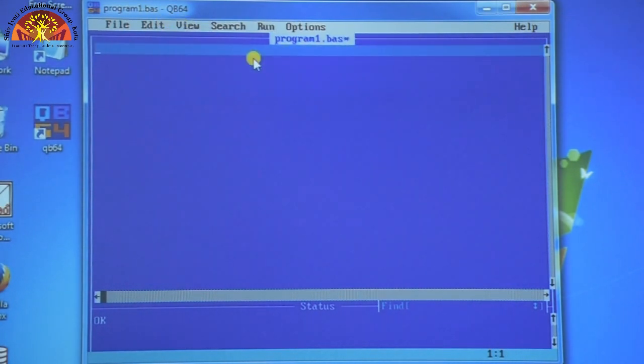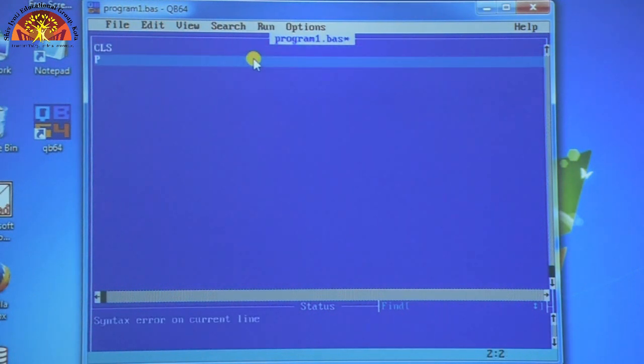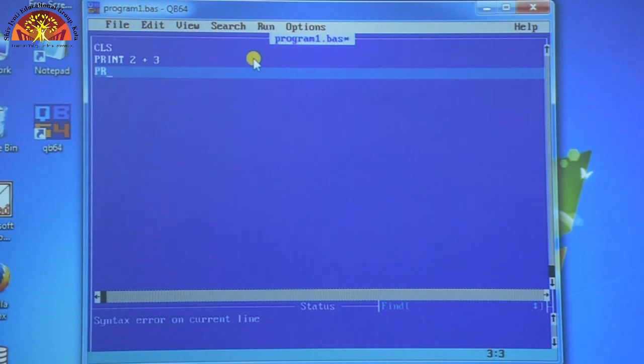Now we will see the practical of the expression in the print command. For this we have to write here CLS to clear the output screen. Next line we have to write PRINT 2 + 3, enter. Now PRINT 10 - 4, enter.